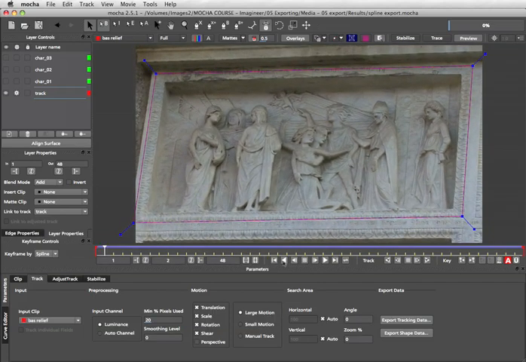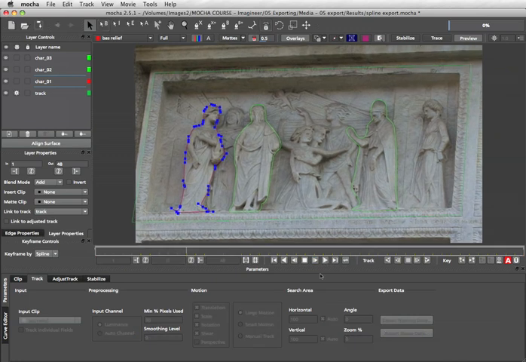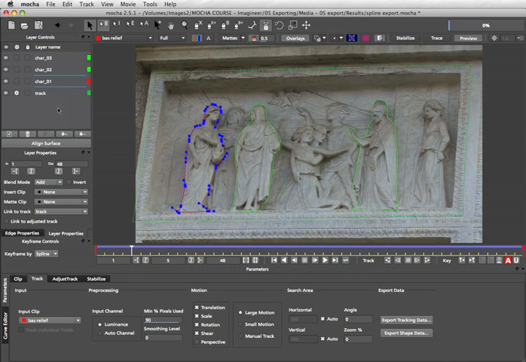So we'll stop that, go to frame 1, and I'll turn on 3 shapes that I've already drawn. And these have all been connected to the tracks. So I'm going to show you character 1 and the other 2 have already been linked to the track. So now they all move with the track layer. Okay, we'll stop that. Now I'm going to hide the track layer because I have an option for exporting only